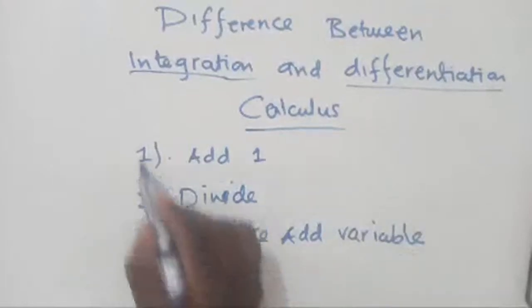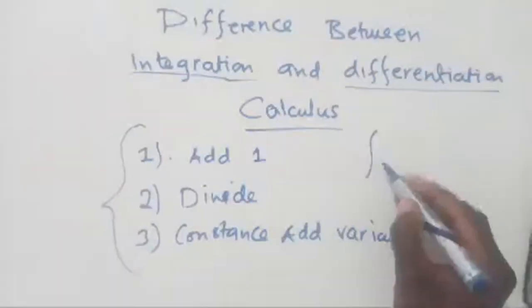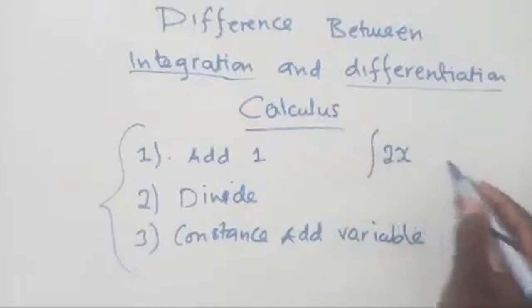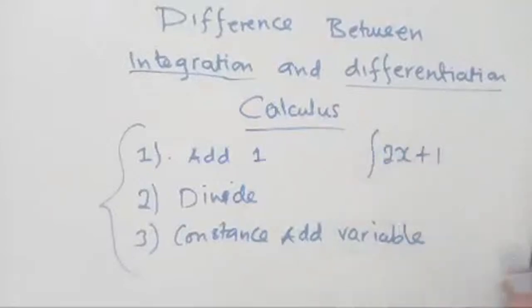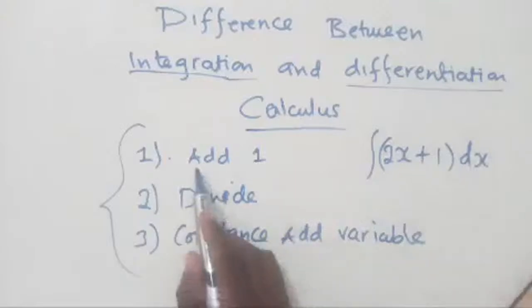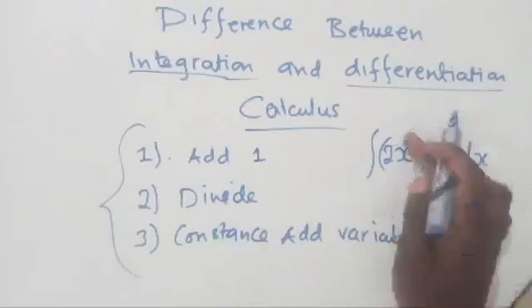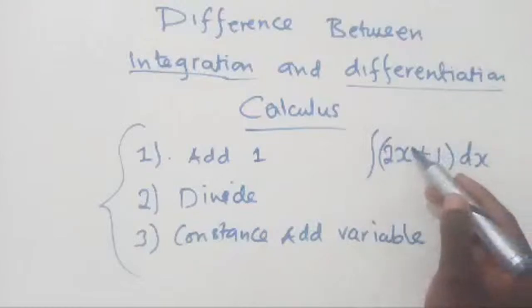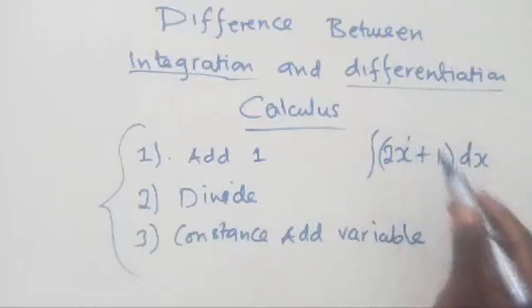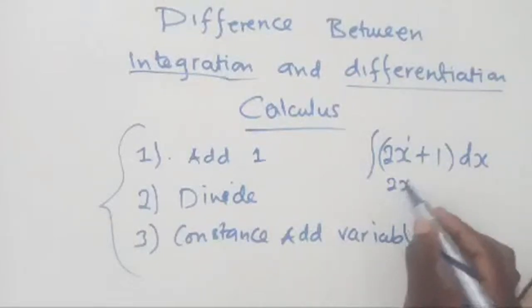So now let me try to give an example of what I'm talking about. So if you have been given something like this, this is integration. They have given you 2x plus 1, okay? And they say integrate with respect to x. So dx. So this rule number 1, you add a 1 to the power. So what power do we have here? If you're able to see, what power is here at x? There is power 1. It's more like there's a 1 you can't see. So you're going to say 2x